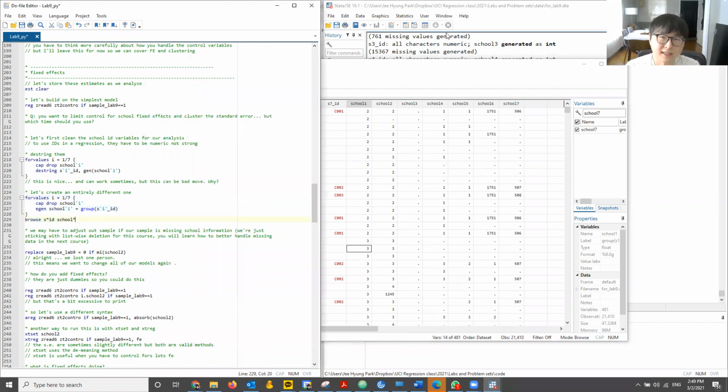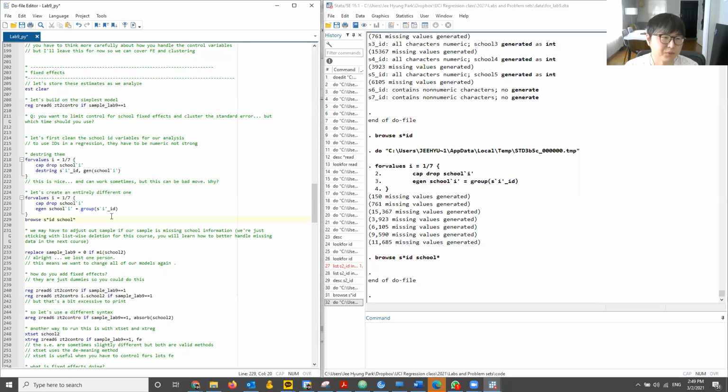So this is a way to clean string variables and make them numeric when their values don't matter and you only care about using them as sort of fixed effects, right? You don't care about a linear relationship between a group number or a school ID and an outcome. You only want to control for each and every one of them. Okay, and